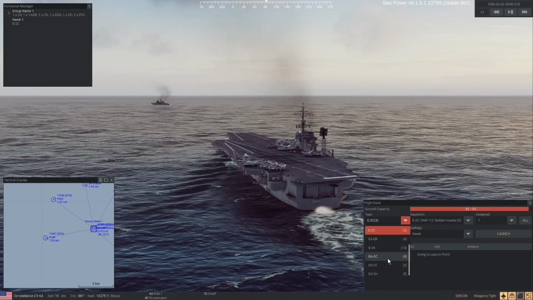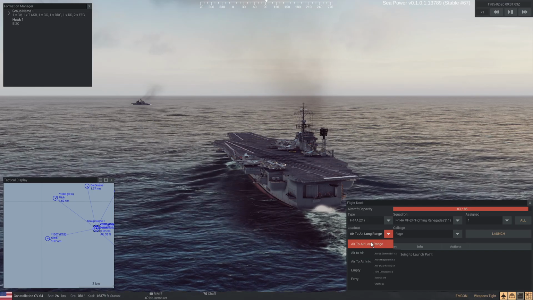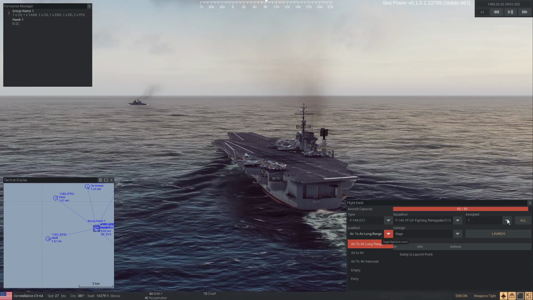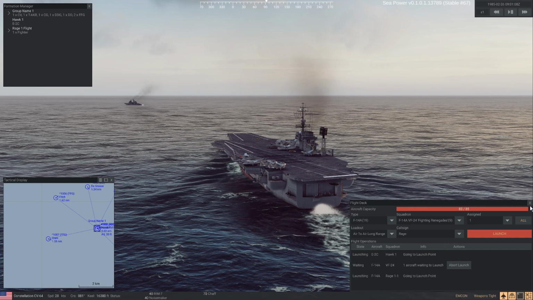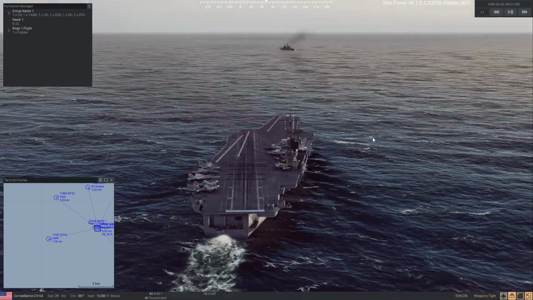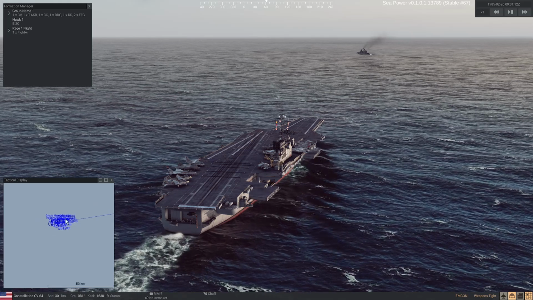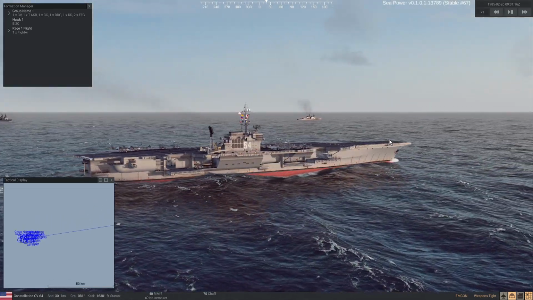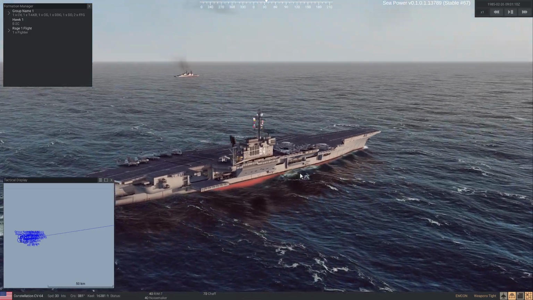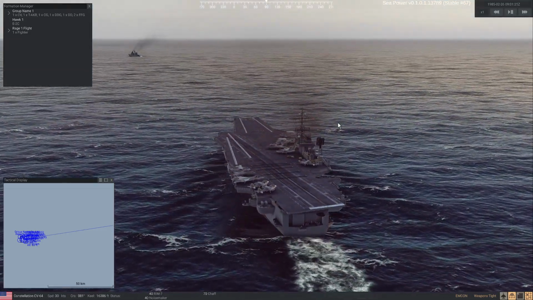Let's launch a couple of Tomcats. They are going to be on combat air patrol, so a couple of these, and launch them. Okay. So first I want to establish some planes and send them forward to locate the enemy formation. And from that point onwards, we are going to decide how we are going to